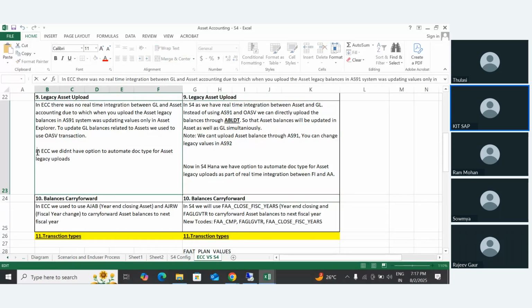Next, in ECC, we did not have the option to automate documents for asset legacy uploads. Now in S4 HANA, we have the option to automate documents for asset legacy uploads as a part of real-time integration between finance and asset accounting. We need to automate this one. And also earlier we didn't have a